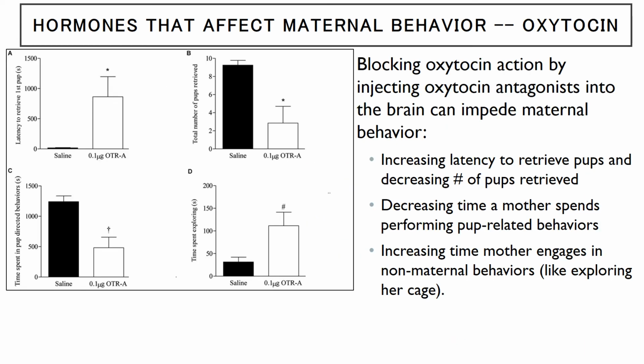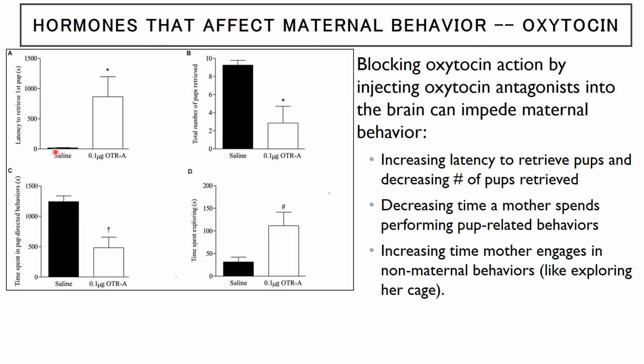Another experiment that's been done is to block. The previous experiments show that oxytocin is sufficient to induce mothering behavior. These are experiments that are going to show that it's necessary to induce mothering behavior, right? So just giving them oxytocin, you can induce mothering behavior. What happens if you block oxytocin? If you block oxytocin by injecting oxytocin antagonists, these are chemicals that block how oxytocin acts in the brain, you can lead to changes in mothering behavior.